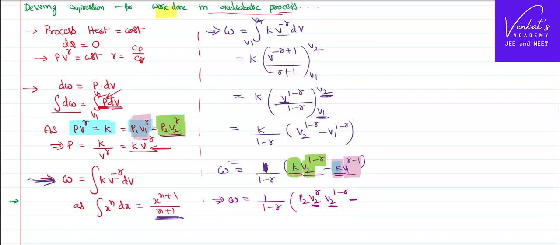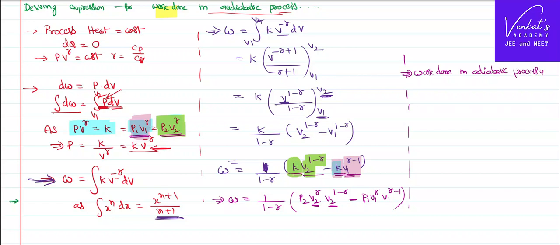Next, in the place of K, as the neighbor is V1, I will write the value of K in terms of V1 as P1 V1^gamma, and the neighboring term is V1^(1-gamma). So if you try to simplify that equation further, work done in adiabatic process is